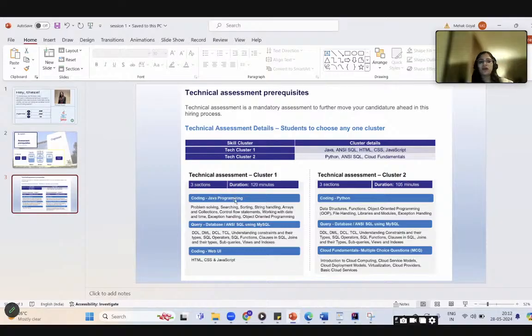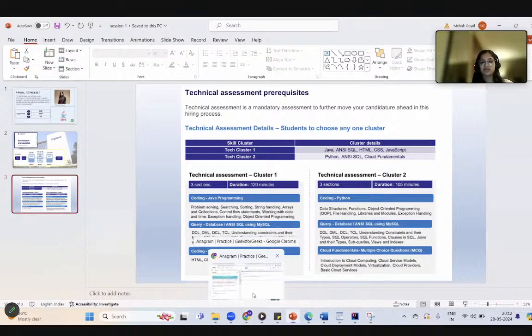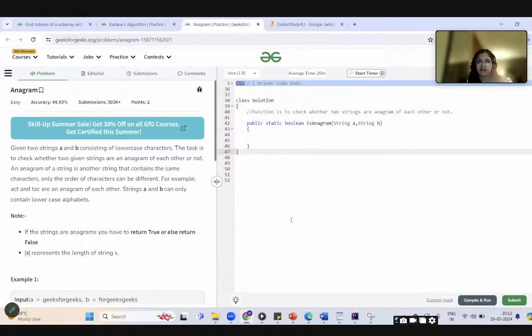Okay, so most of you are beginner level only. So we will start with the first question, which is from strings, that is anagram. How many of you know what an anagram is? It is a very basic question of strings that will cover most of the concepts. Just let me know with a yes or a no if you know what an anagram is.